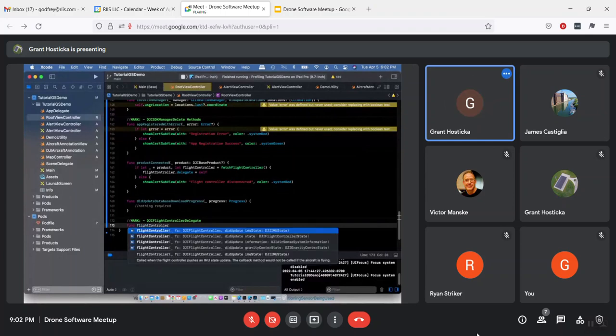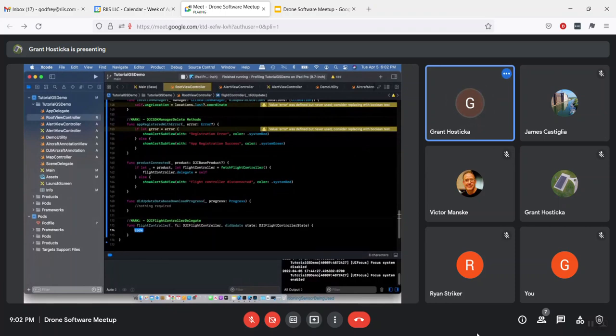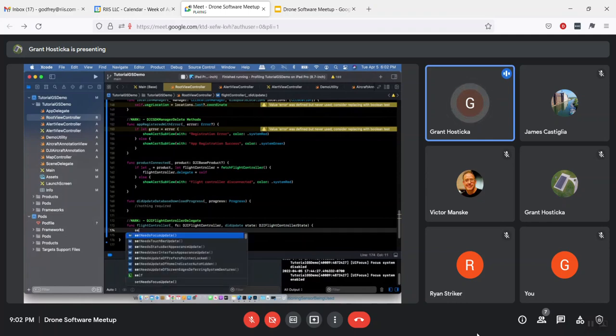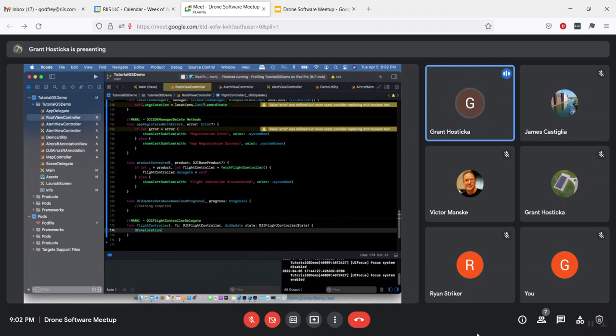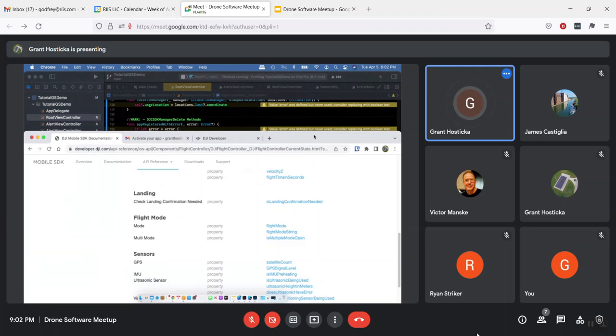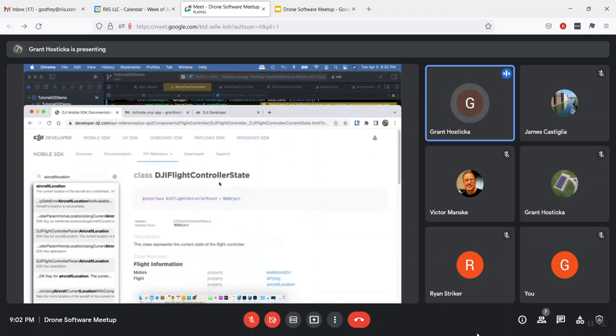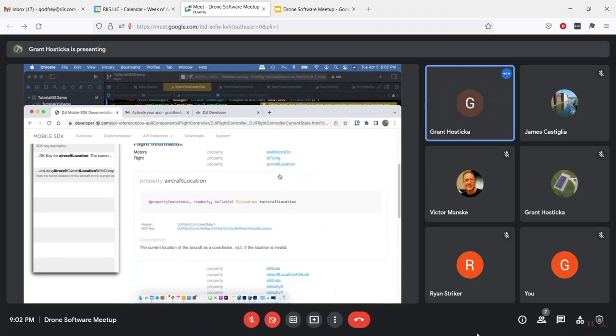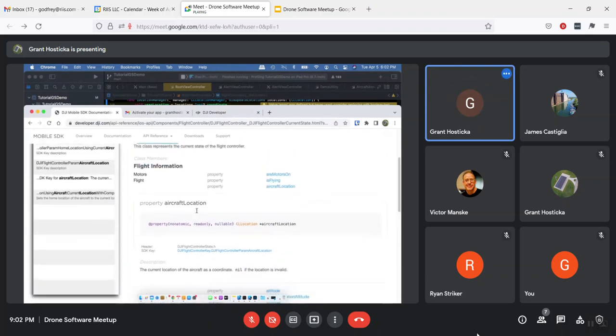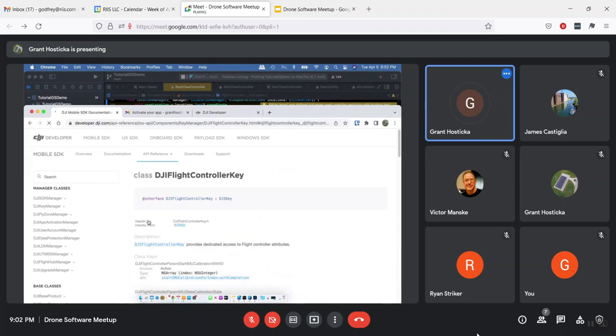So on this side, we'll say function flight controller, and we're going to go with did update the state. So we've had an update to our flight controller, and it's going to push that notification here. So we'll say drone location that we just looked at is going to be state dot aircraft location, if we have that, dot coordinate. So circling back to Google Chrome here, we can see we're looking in the flight controller state, we're looking at aircraft location,